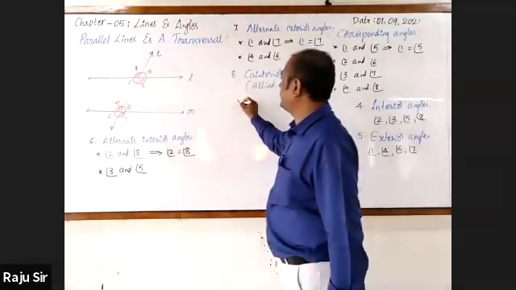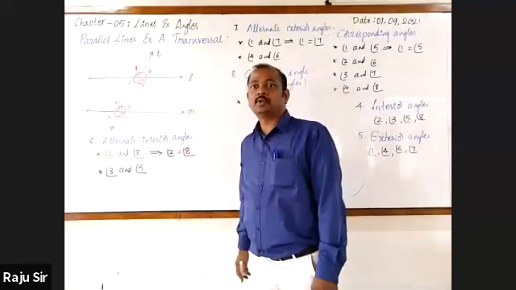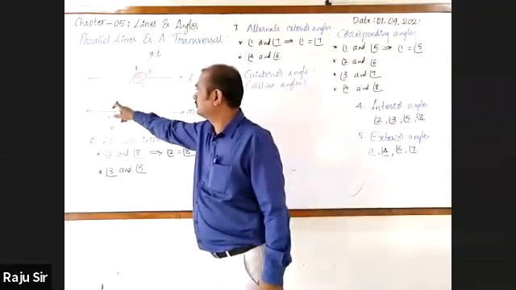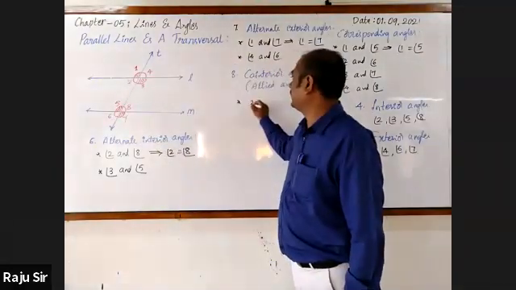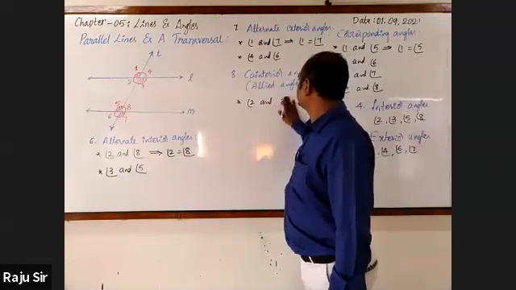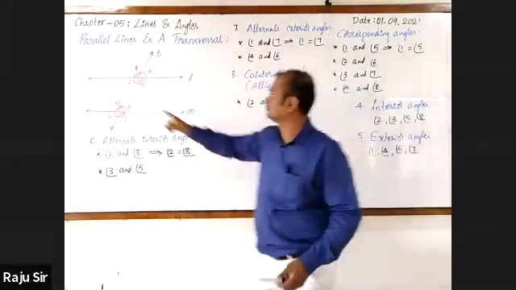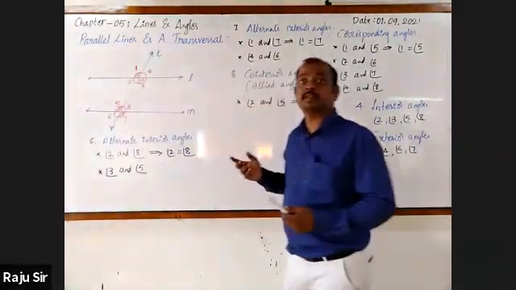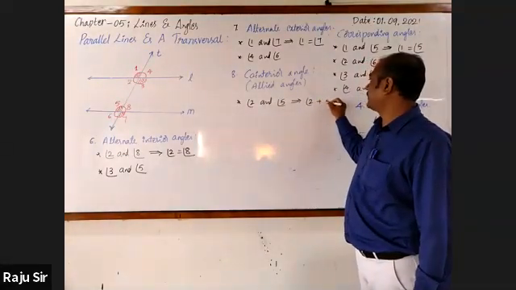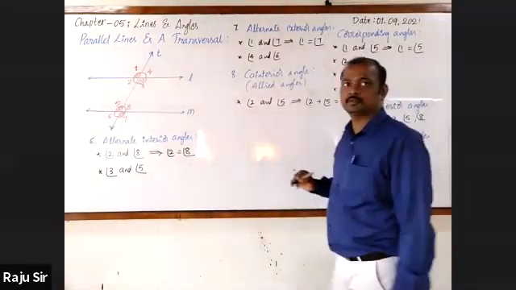Yes, Lakshmi Shri. Tell the co-interior angles. Angle 2 and angle 5. Lakshmi, you only tell what is the relationship between these two? The sum is 180 degrees when we add both of them. Angle 2 plus angle 5 is equal to 180. Right.